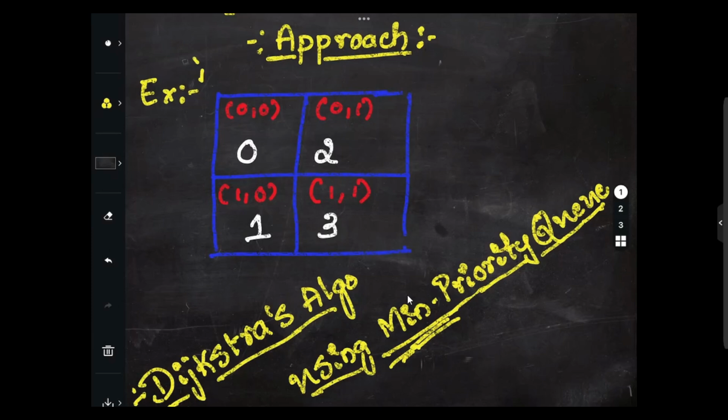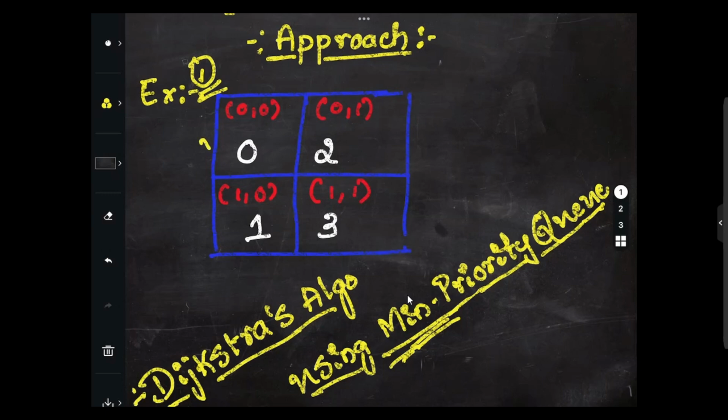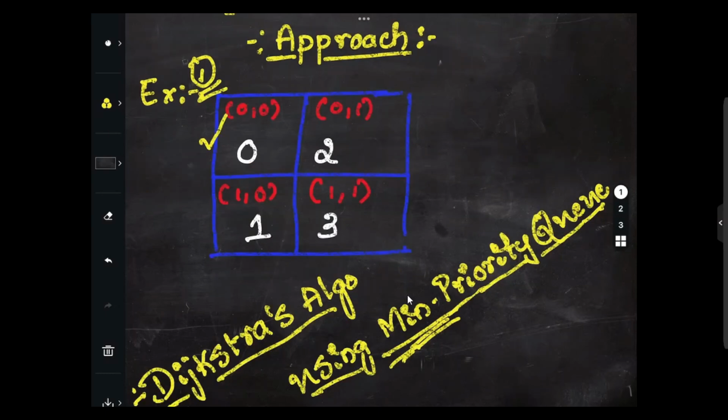So I have considered the same example, the first example in the question that they have mentioned here, right? Let's see this step by step. Initially, the initial state here we will consider 0, 0, when t equals 0 or time equals 0. We will start from 0, 0, and here elevation is also 0. We start at 0, 0, elevation is 0, water level will be 0, so we cannot move to an adjacent